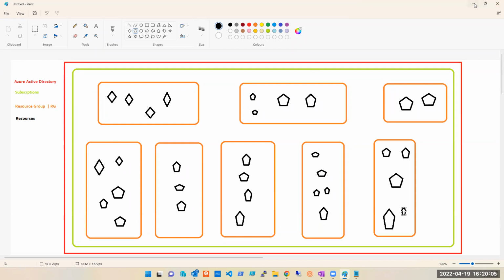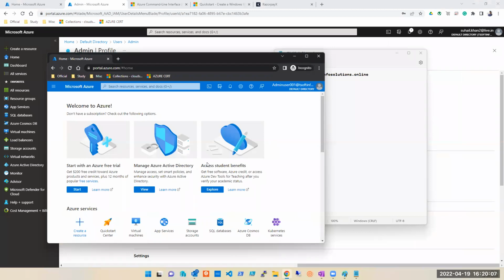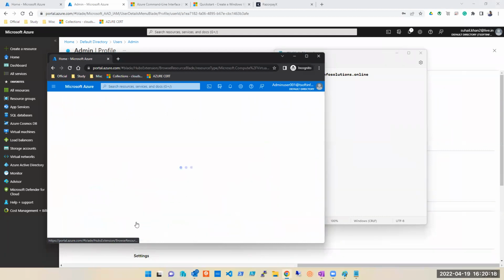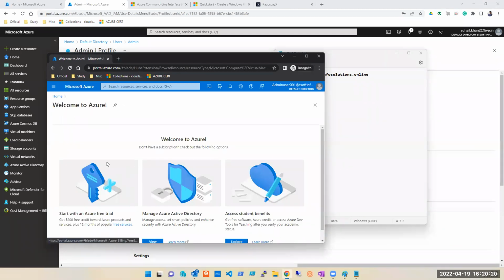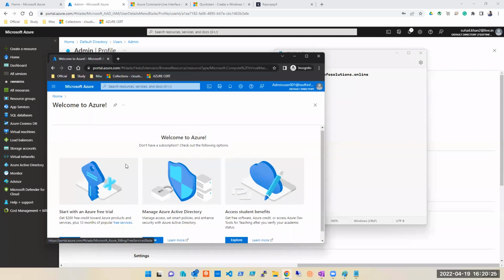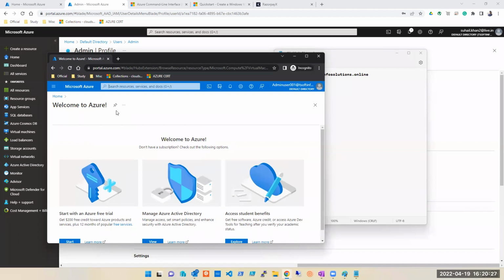So that is the reason I'm showing it to you as a practical. See, I created one user, but I did not give any access on any of the subscriptions. So I'm able to log in. But if I go here and try to create a virtual machine, I won't be able to. Why? It says that you do not have any subscription with you. If I search for virtual machines,